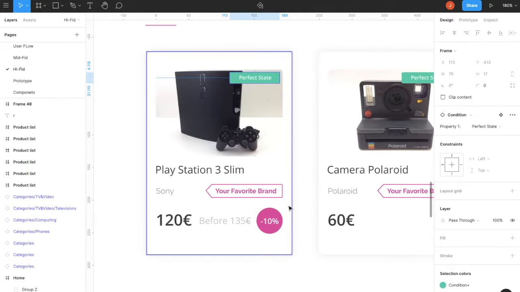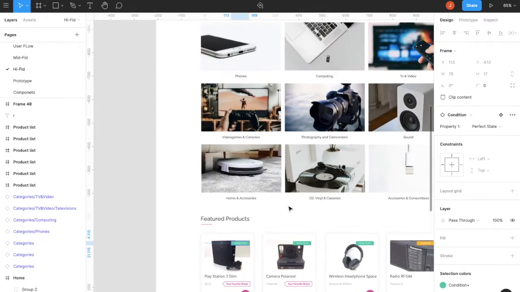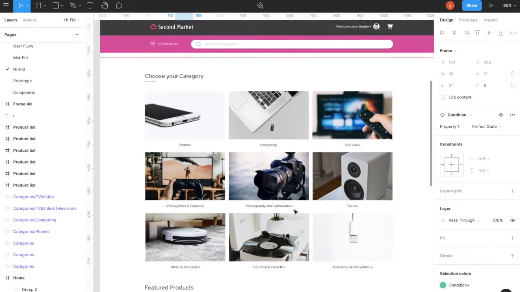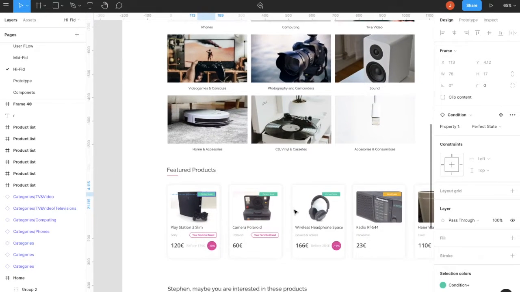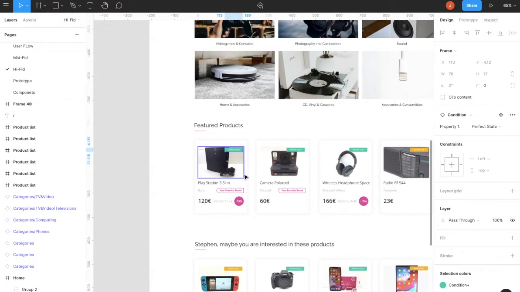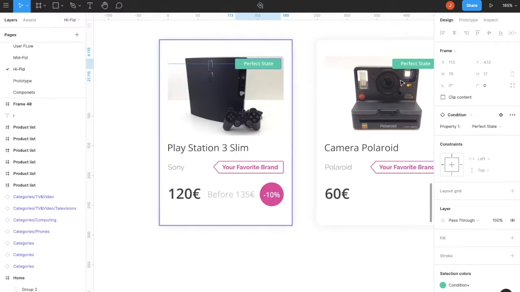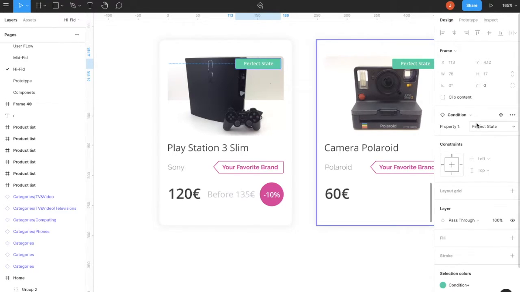And here in my prototype of my page that I designed, Second Market, this is a page for design products of second-hand technology. And here you can see the state of this product. How to change it? It's very easy. The thing that you have to do is to select it and